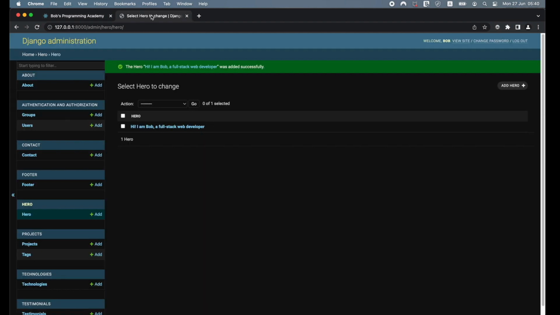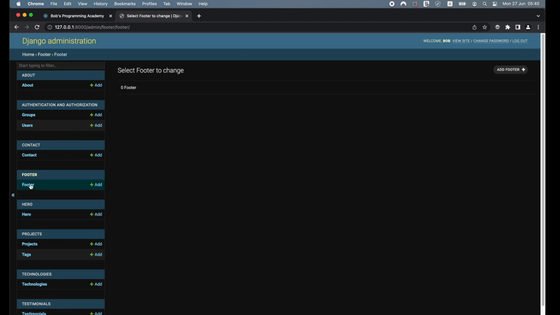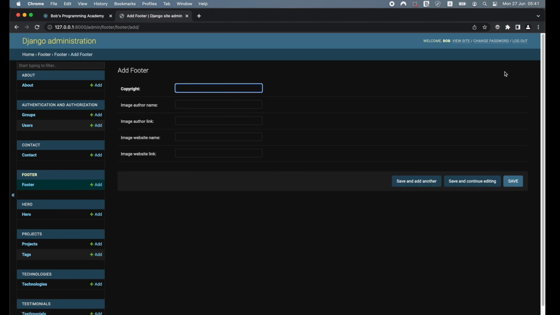Next, we will add data to the Footer section. In Django admin, click the Footer link and then click Add Footer. If you are using in your hero section an image from Pixabay, Unsplash, or some other royalty-free stock media website, as we do here in this tutorial, I highly recommend that you give credit to the author of the image you've selected. Input fields, image author name, image author link, image website name, and image website link were created for